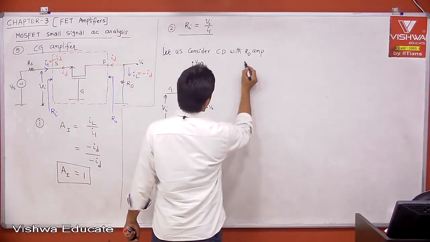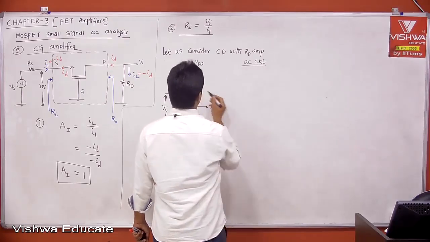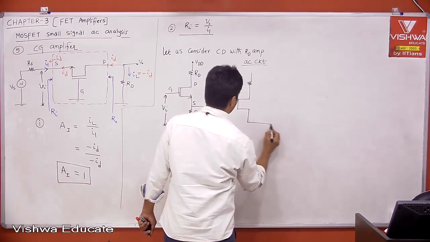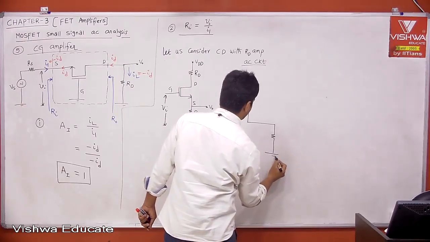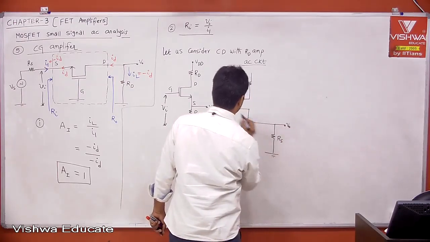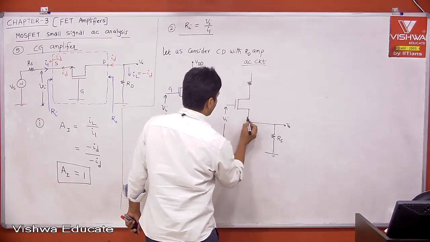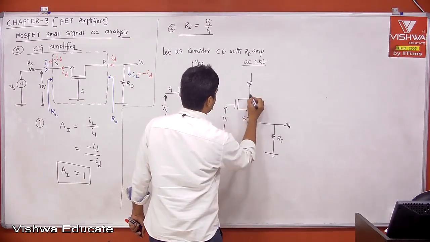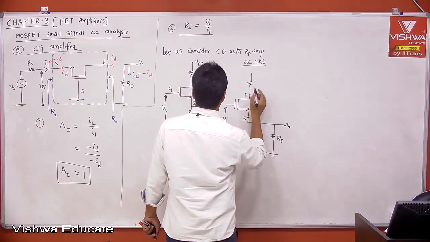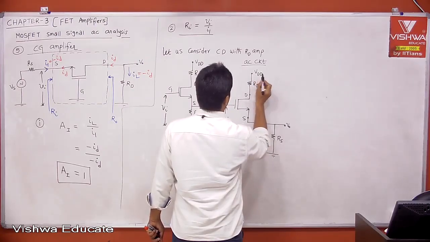Therefore, if you write the AC circuit, you will see this is your RS and V0, this is Vi, and this is source, drain,